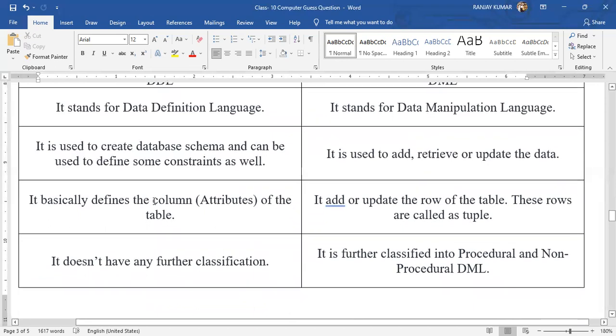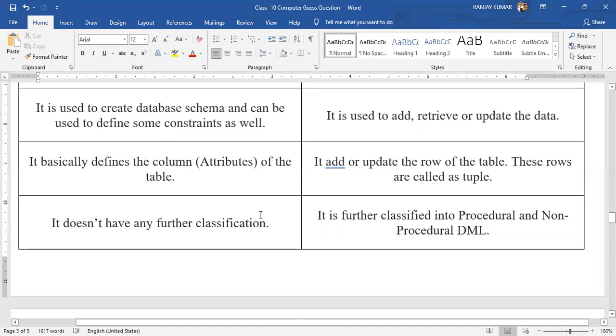Second, DDL is used to create the database schema and can be used to define some constraints as well, meaning some validation. DML is used to add, retrieve, or update the data. Next, DDL basically defines the columns of the table, or we can say the attributes of the table. DML adds or updates the rows of the table. These rows are called tuples. A tuple or record or row is the same, and it is updated or added with the help of